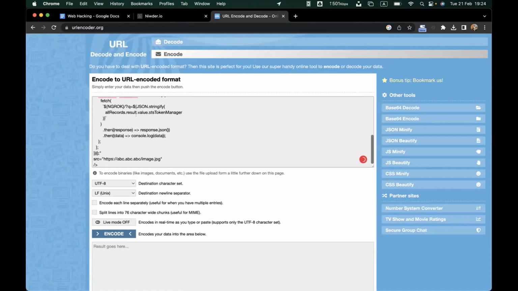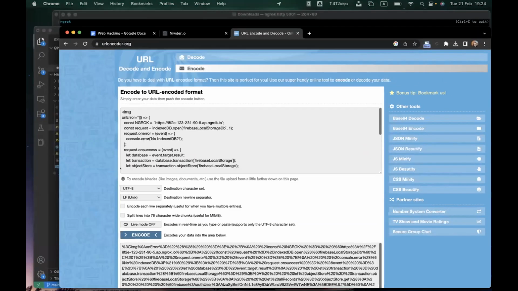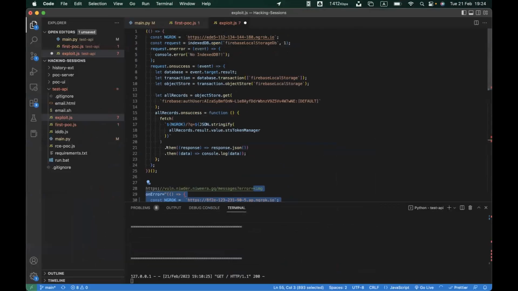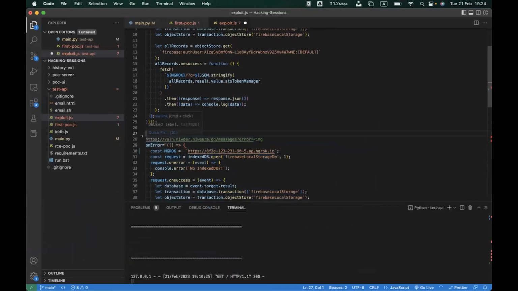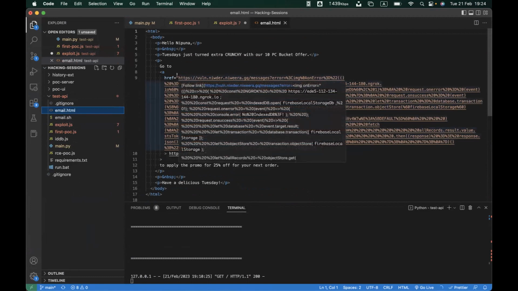So we are going to click it, and then copy this part, and then add this in this email.